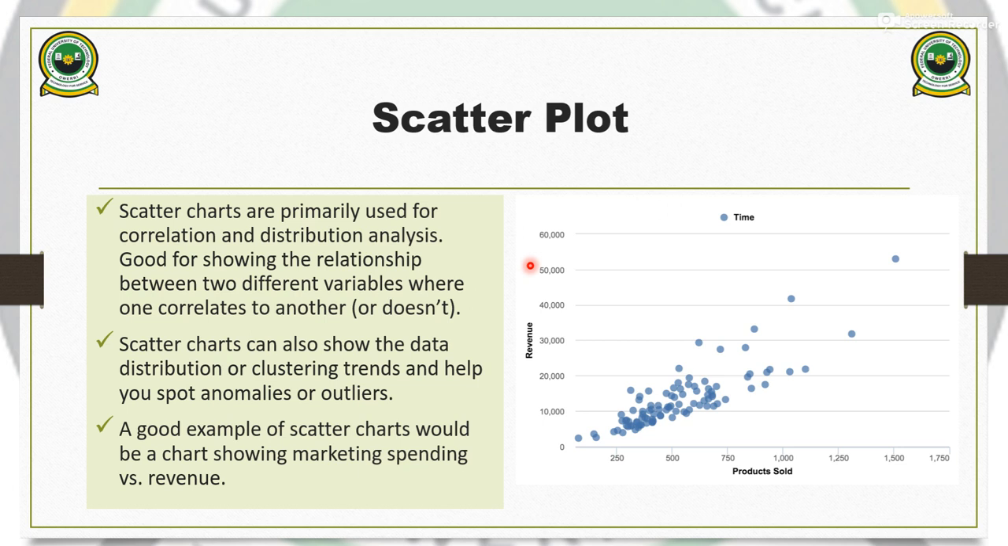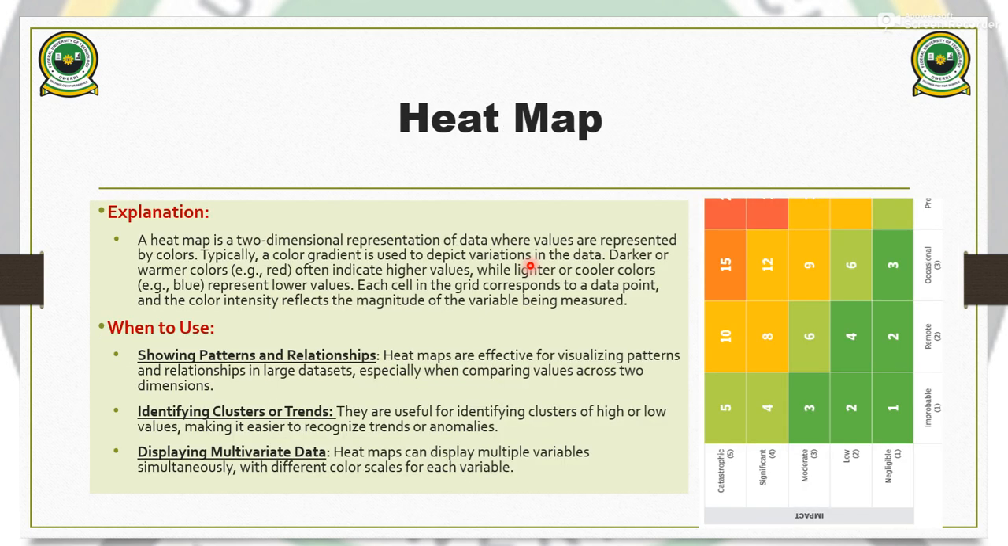We look at the heat map in this category. A heat map is a two-dimensional representation of data where values are represented by colors. Typically, a color gradient is used to depict variations in the data. Like you can see here, each cell is represented by a different color. Darker or warmer colors, for example red, often indicate higher values. It depends. Each cell in the grid corresponds to a data point, and the color intensity reflects the magnitude of